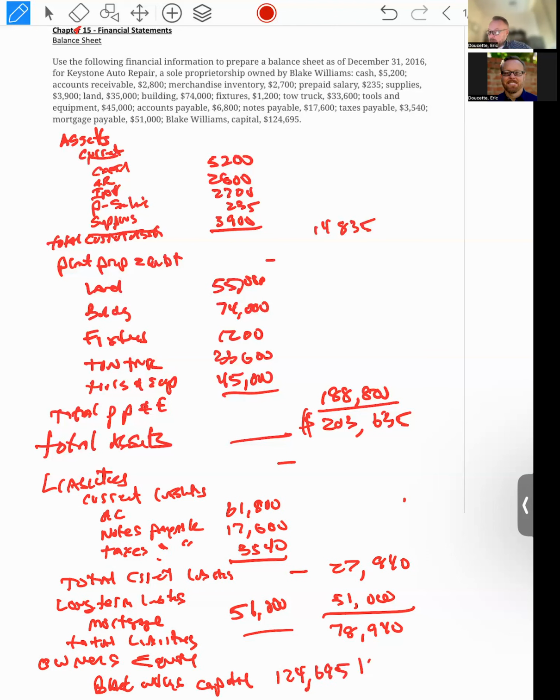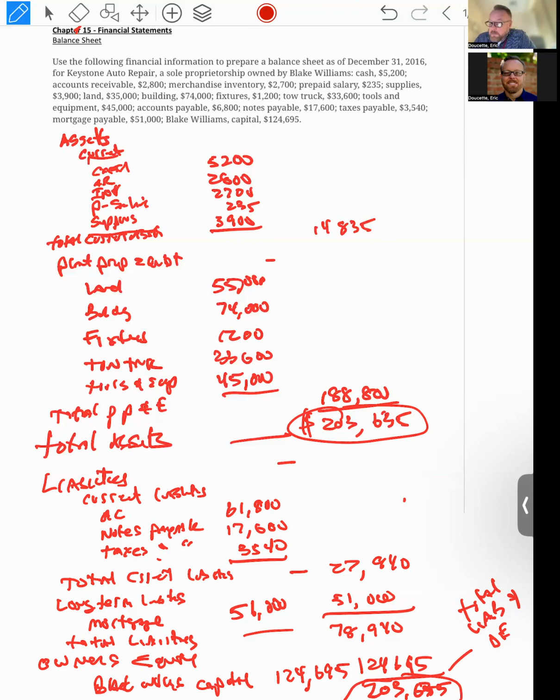124,695. So I'm going to add that to the 78,000. That comes out to 203,635. And that's total liability and owner's equity. So the same, 203,635. Not 655, 635. So basically that was a really rough example of drawing out a balance sheet, but just remember